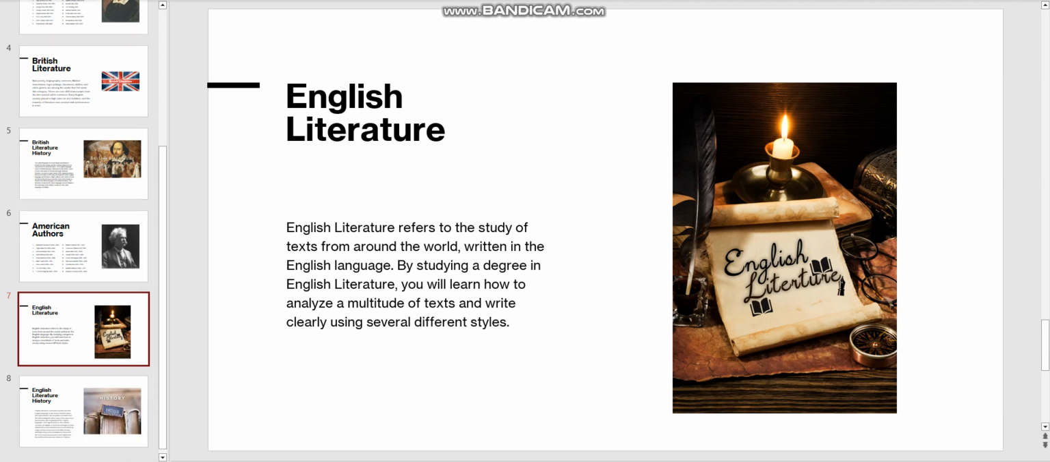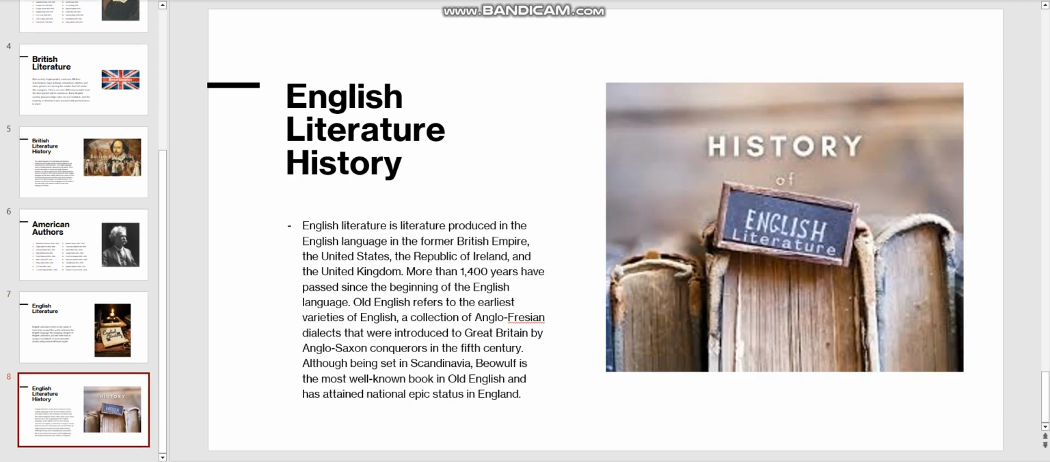And the last slide that I have is English literature history. English literature is the literature produced in the English language in the former British Empire, the United States, the Republic of Ireland, and the United Kingdom. More than 1,400 years have passed since the beginning of the English language. Old English refers to the earliest varieties of English, a collection of